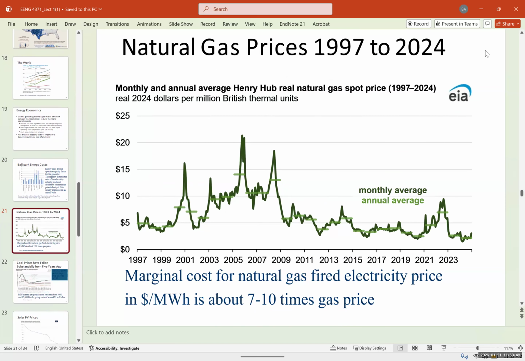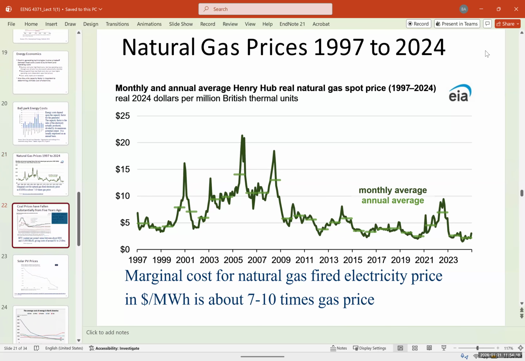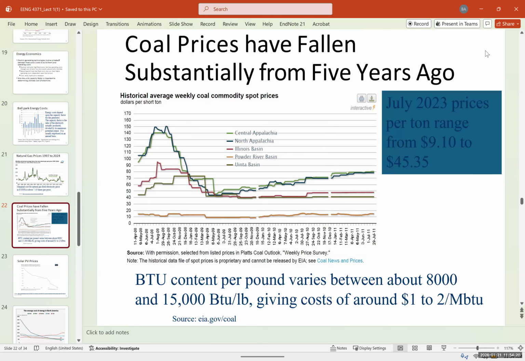And this is the natural gas price. You can see it's just fluctuating. So nowadays, if you want to put in a large CapEx and build these natural gas power plants, and there's another war in Ukraine with Russia, natural gas prices jump. So there's an uncertainty about that. But for wind and solar, you don't need to worry about the cost of fuel and so on. And the same thing has happened for coal as well.